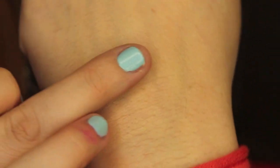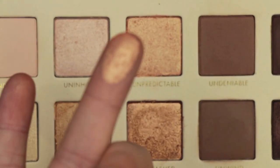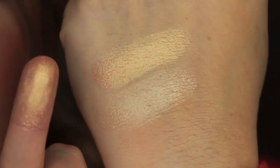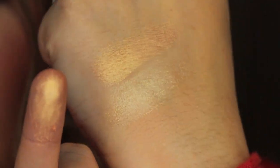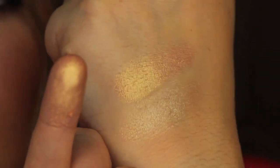This shade is almost like a white gold shade. Very, very creamy, beautiful, beautiful shade. This shade right here is almost like a peachy gold shade. It's very, very metallic. Almost reminds me of Rubenesque Paint Pot from MAC. As you can see, the metallic sheen on that,